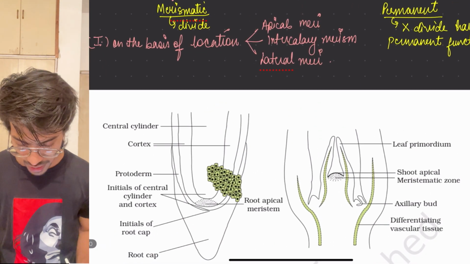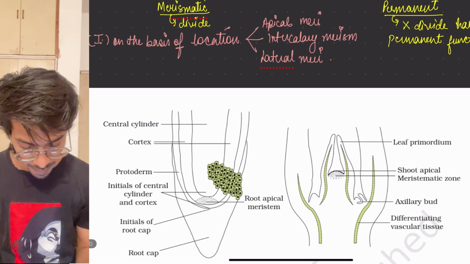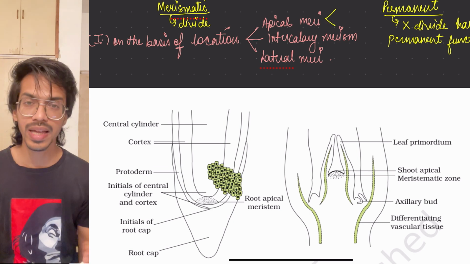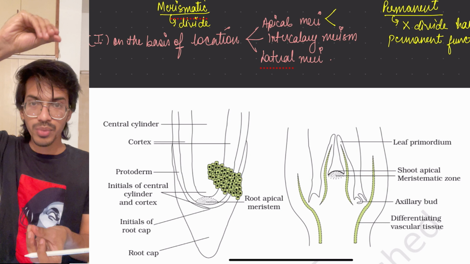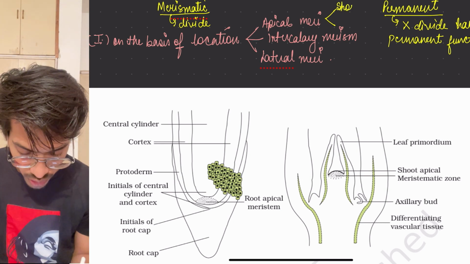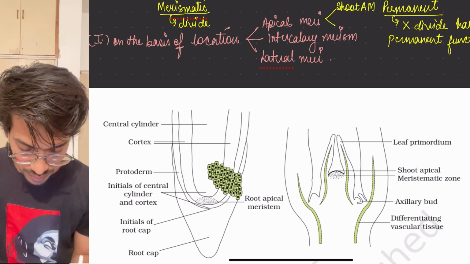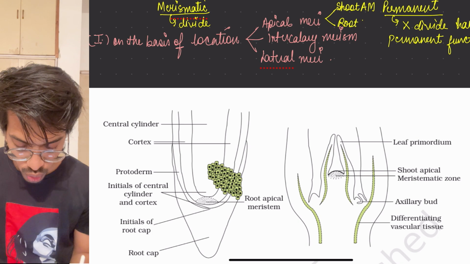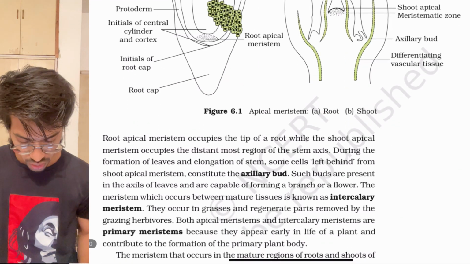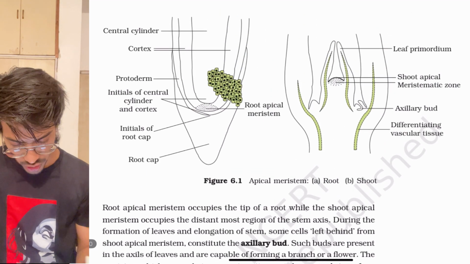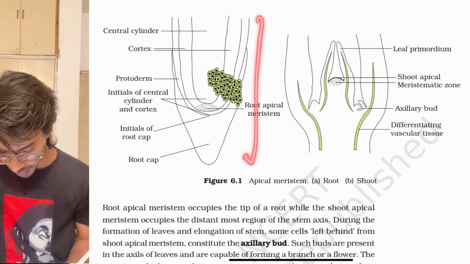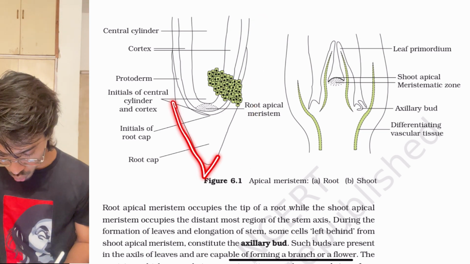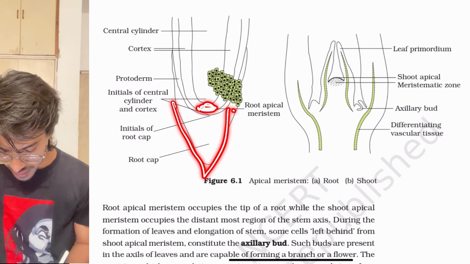So the first one I told you is apical meristem. The apical meristem could be of two kinds. The apex could be either the stem or the root. So it could be shoot apical meristem or it could be root apical meristem. So if you see over here, location wise, obviously this is your root part, because your root cap is present over here. So over this area is